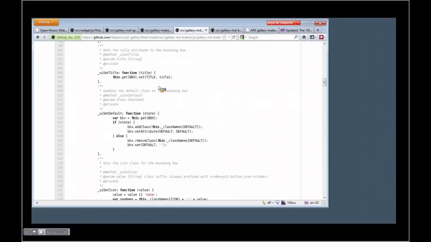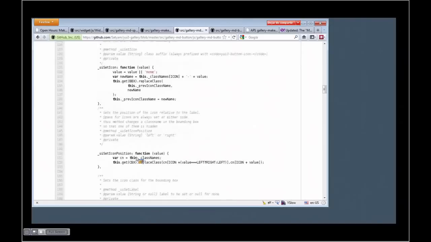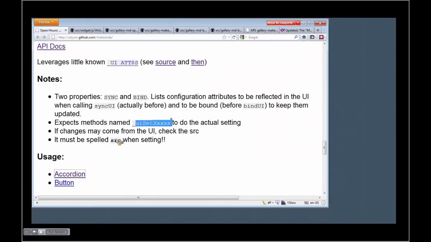You don't change everything wholesale by calling sync UI. You just set the icon, do whatever needs to be done to set the icon. Change the icon position, do whatever needs to be done just for that. That'll definitely guarantee a snappier responsiveness to UI. Absolutely, yes. There's a little issue with